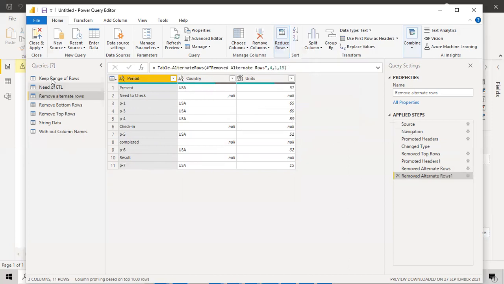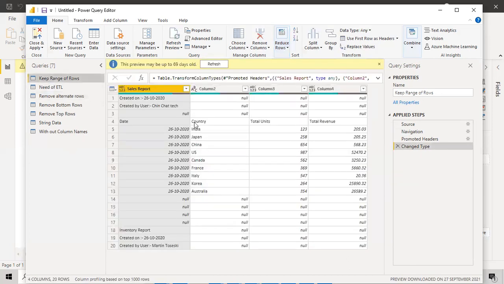And then right now we'll go with keep rows. Let us suppose that I do have a lot of dirty data over here, and I feel like from the 4th row to the 13th row I have good data which is needed. So all other data I don't want. So it is better to do keep rows one time, rather than doing remove rows from the top and then remove rows from the bottom. You can use it from the alternate tables also. But here I need only the middle data. I want to keep this data.